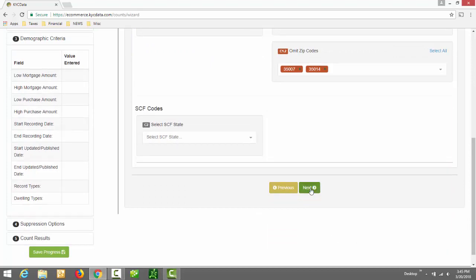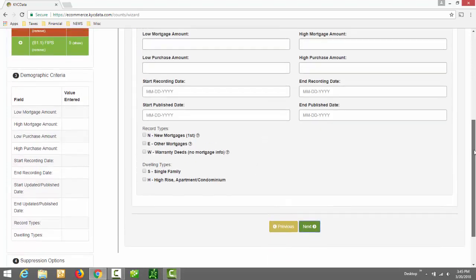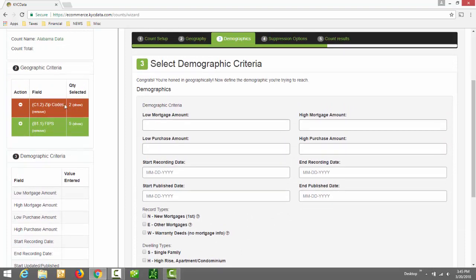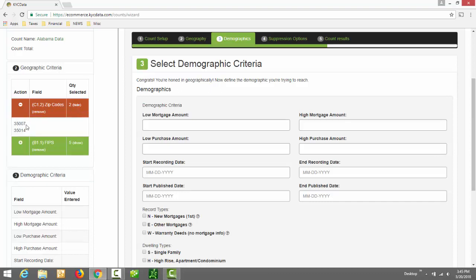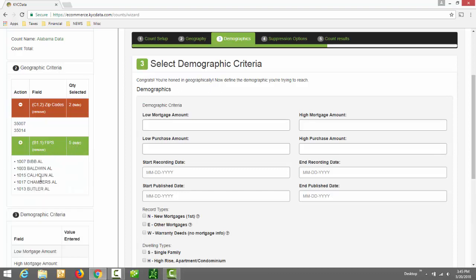And then you would hit next at the bottom. And you'll see as we're creating this count, it's being logged on the left so we can double check our work. So right now this is in red with a minus sign. This is geography that's being excluded. And if I want to see what it is, I just click on show, and it shows me the 2 zip codes that are being excluded. If I made a mistake, I can just click remove. And again here it's in green with a plus sign. These are counties that are being added, and I can click show,